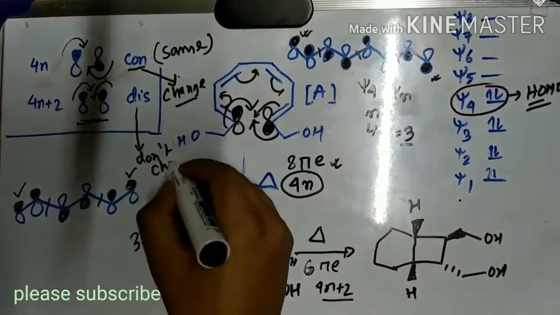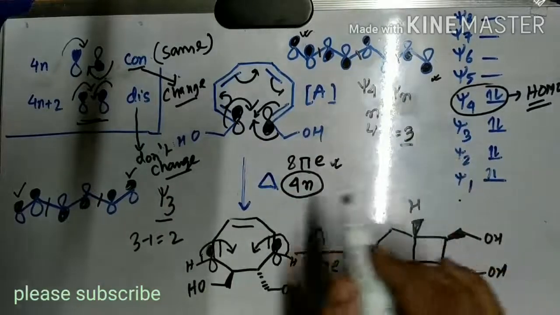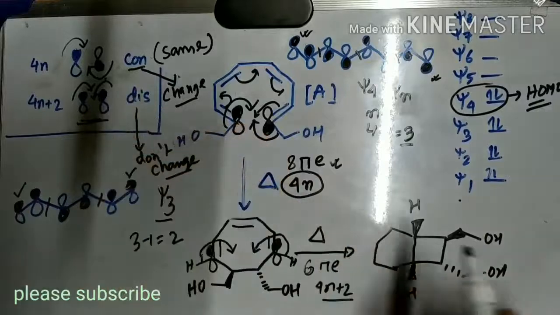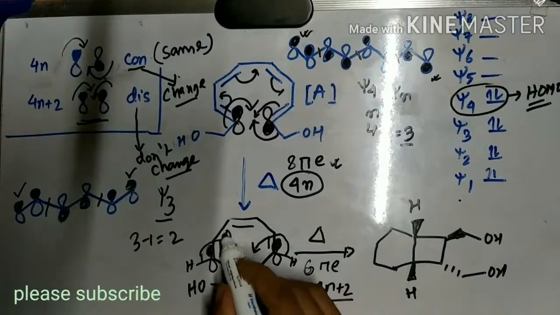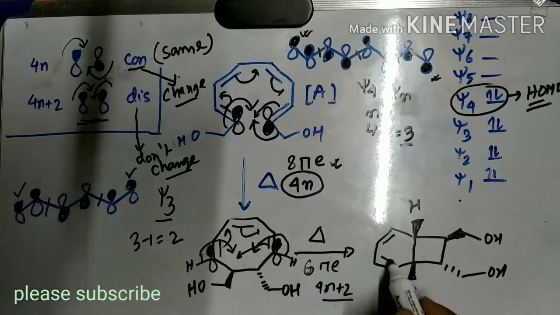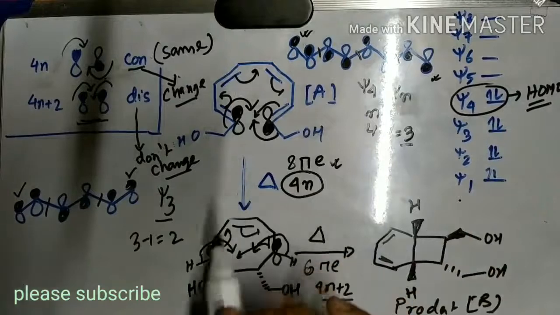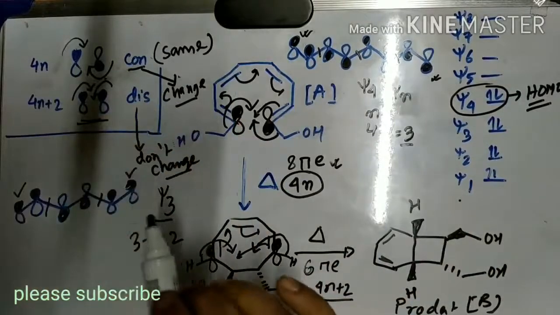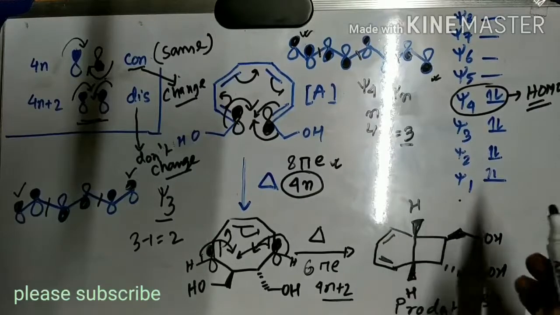So guys, this is a shortcut to remember, and in the CSIR exam hall you cannot do all this calculation, so you have to remember this simple rule and determine the product structure. Here the double bond will come like this, in here and here. So here and here the double bond will come. So guys, this is the structure of our final compound. This is our final product, this is the B. I hope you understand this logical explanation, and please remember this shortcut way to do the stereochemistry and the product determination in a very short time.